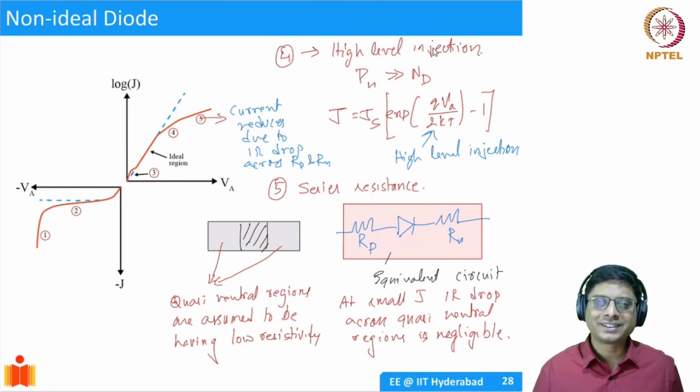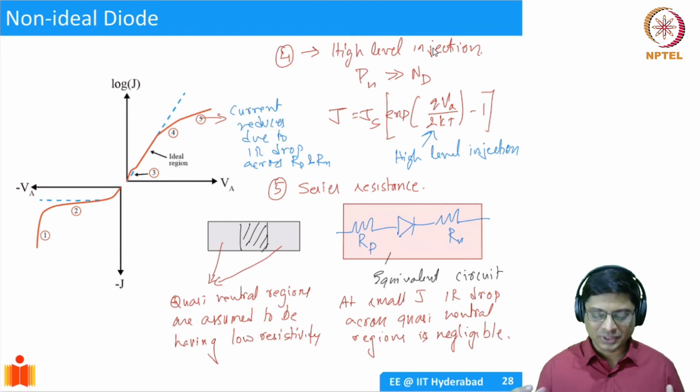Why are we discussing all this? Well, I could simply talk about PN junctions and then say that the threshold voltage is whatever, log of Nd by ni squared and so on, and finish it up. But all these small things matter when we look at what is known as VLSI, very large scale integrated circuits. In that, all these non-idealities come into the picture and we have to study them.